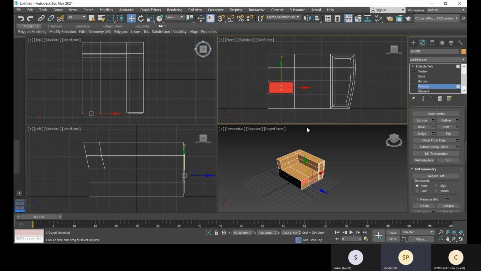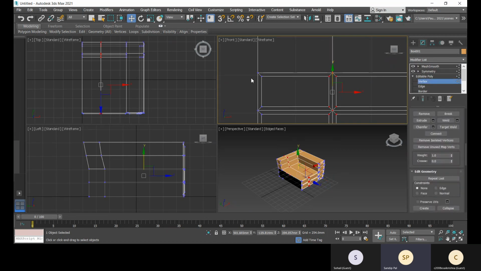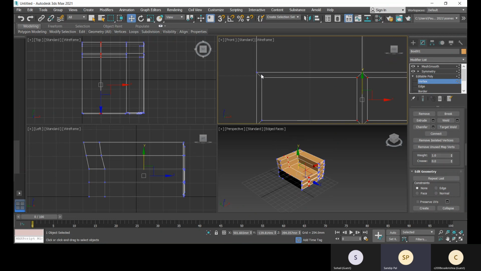Okay. Then again select this, click on the settings and click on this right check. Select this, right check, select this, bevel and right check. Now switch into vertex. Now I will align these vertices.